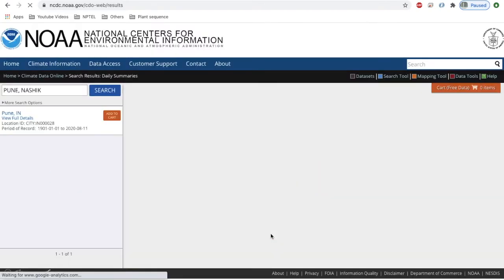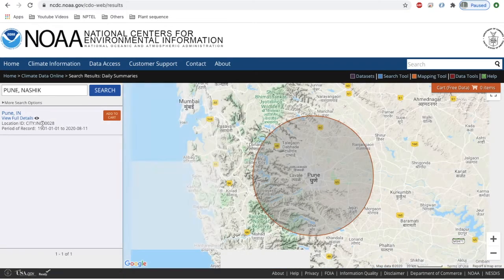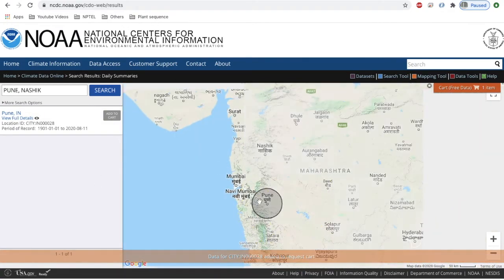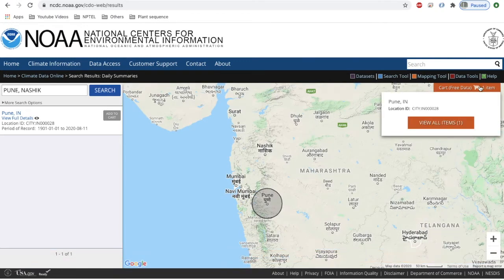It would take you to this screen which will show you a map and the record. You will press add to cart. The record will be added to your cart. Now you have to place the order for the record.